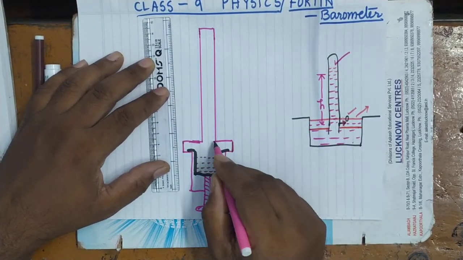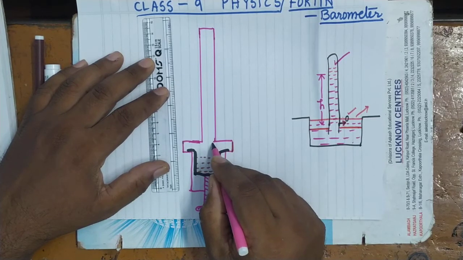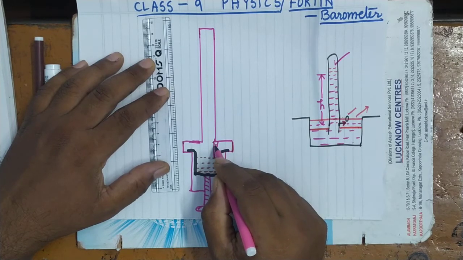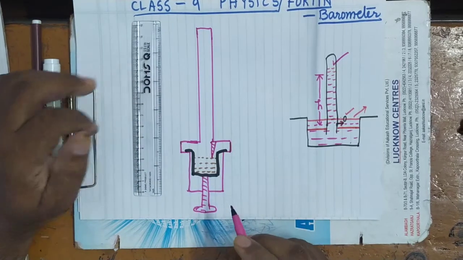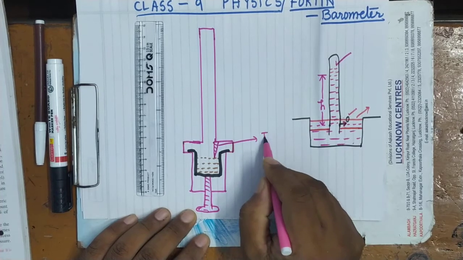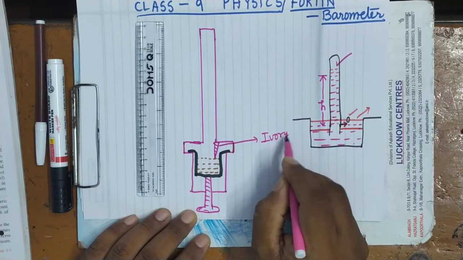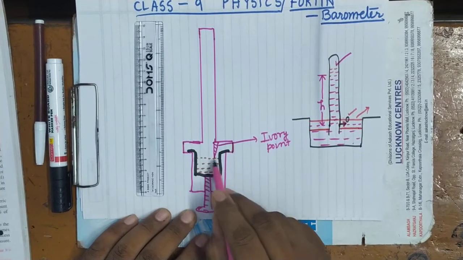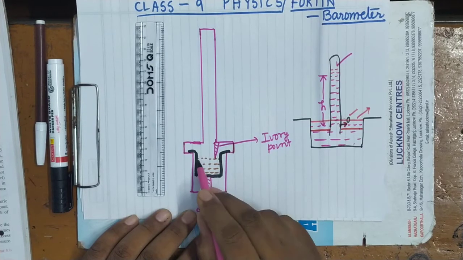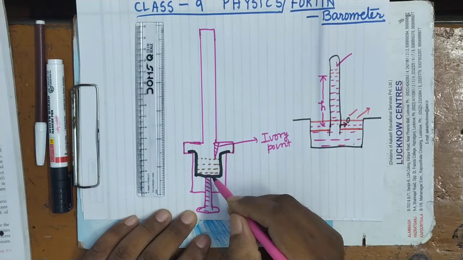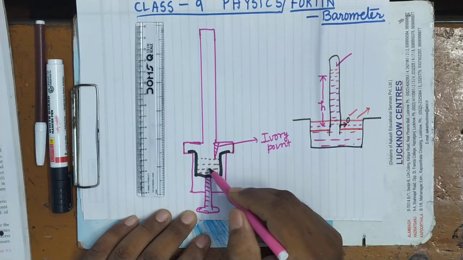Now see here, there is an ivory point. Ivory point is nothing, it is a pointed tip here. It is like this. And for the zero adjustment, the tip of this ivory point should touch the free surface of mercury in the leather cap. It's clear. When the mercury will move up or down, when it will come out from tube to the trough